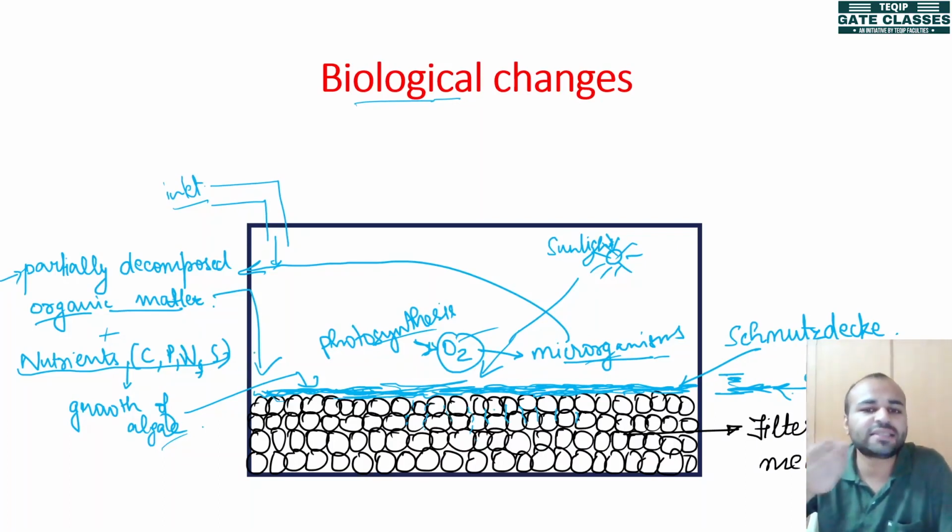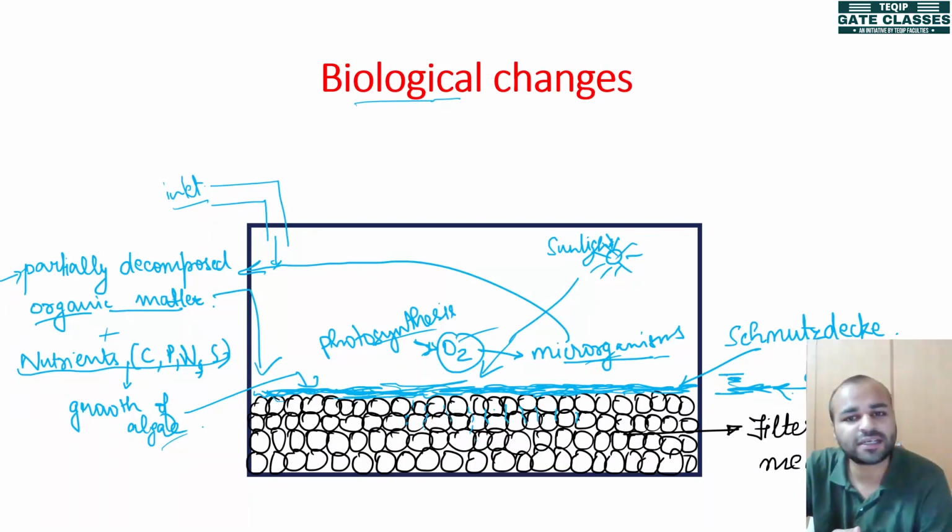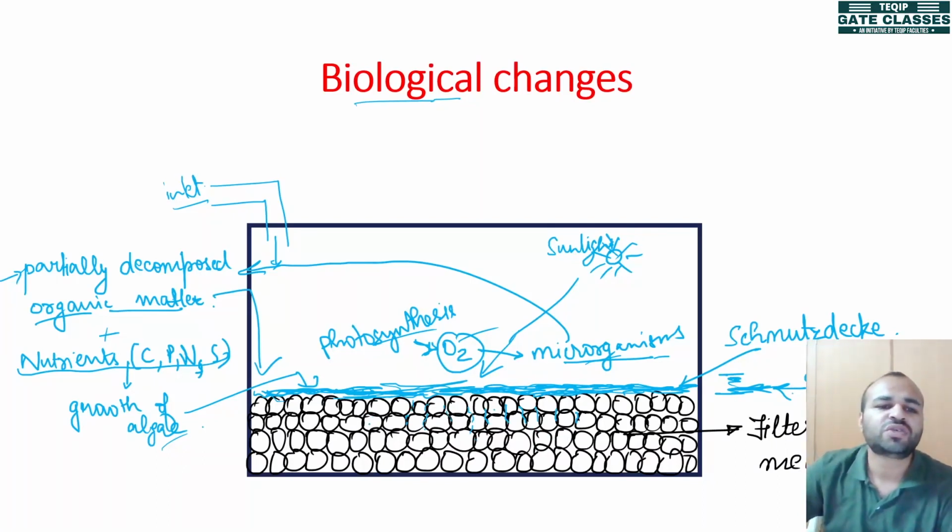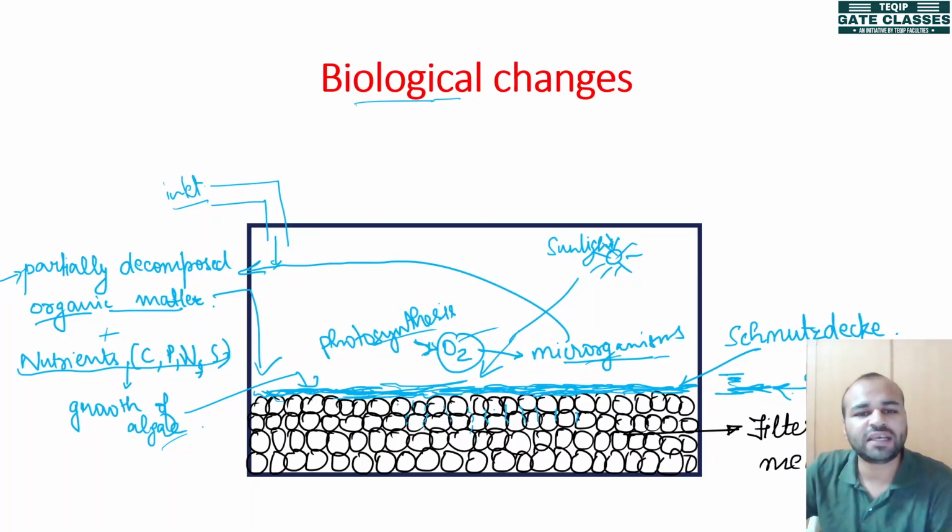अपन कितनी देर तक इस चीज को allow करेंगे, ये कितनी देर तक ये process चलेगा, it all depends upon the detention time of this process of any of the gravitational filter. So if the detention time is more, then a lot of particles will be accumulated in this filter medium and eventually this filter media will get choked. So time and again we use various types of cleaning processes for this filter medium.